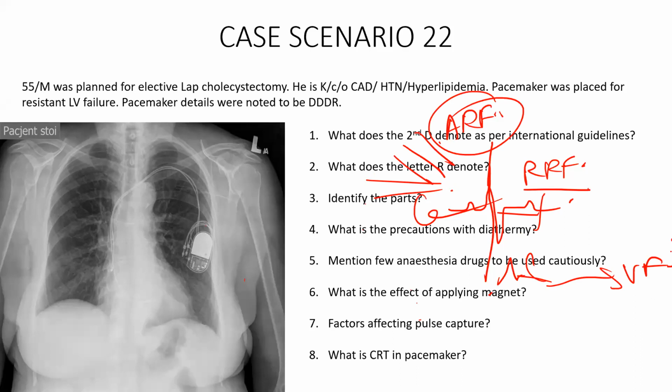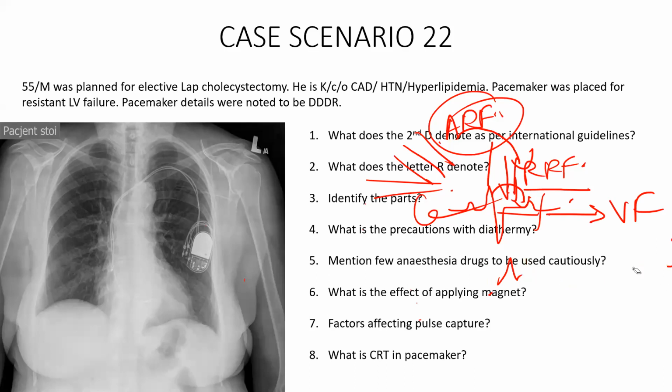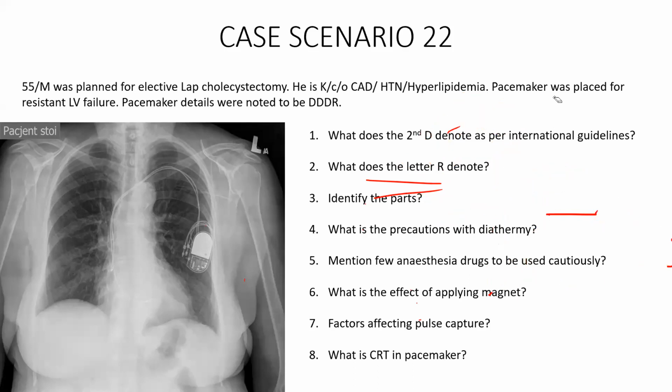So that new incoming signal coming in the relative refractory period and making the patient have ventricular fibrillation is called the R on T phenomenon, which is nothing but the R wave getting imposed on the T wave. When the absolute refractory period is getting converted to relative refractory period, at that point any extra bit of stimulus can stimulate the heart again. That will result in ventricular fibrillation or ventricular tachycardia. That is R on T. Sir, repeat, sir, please, sir.